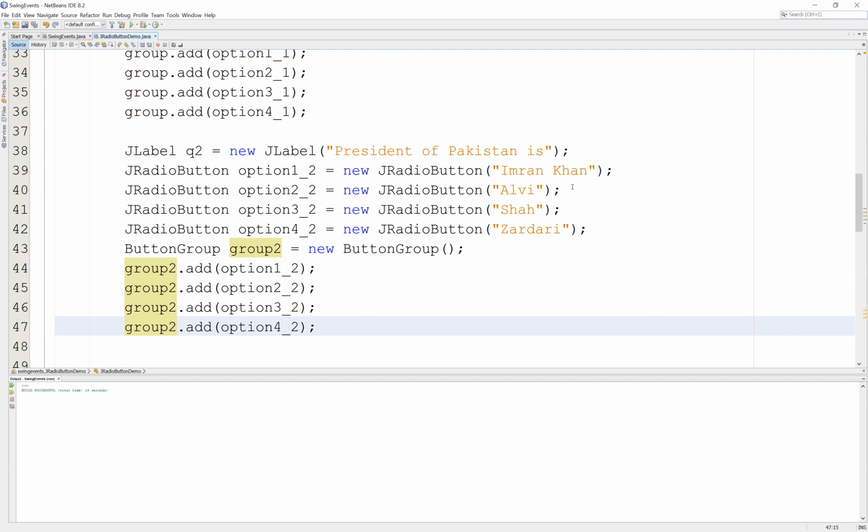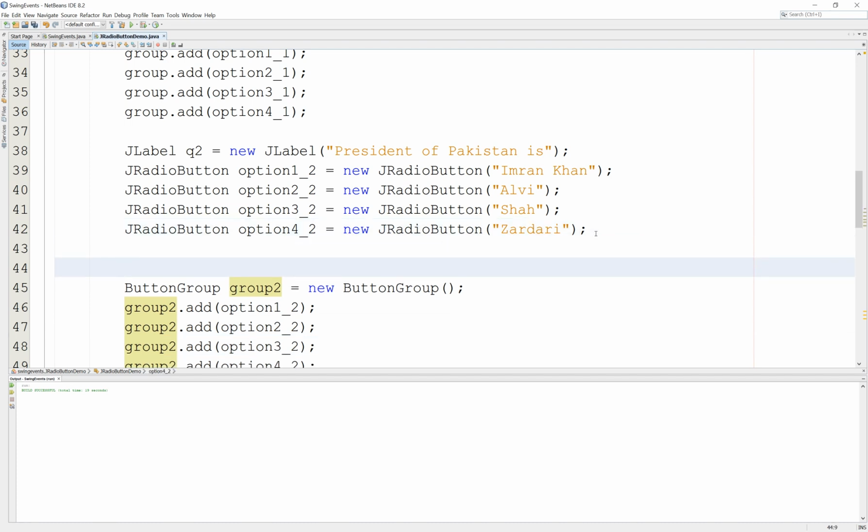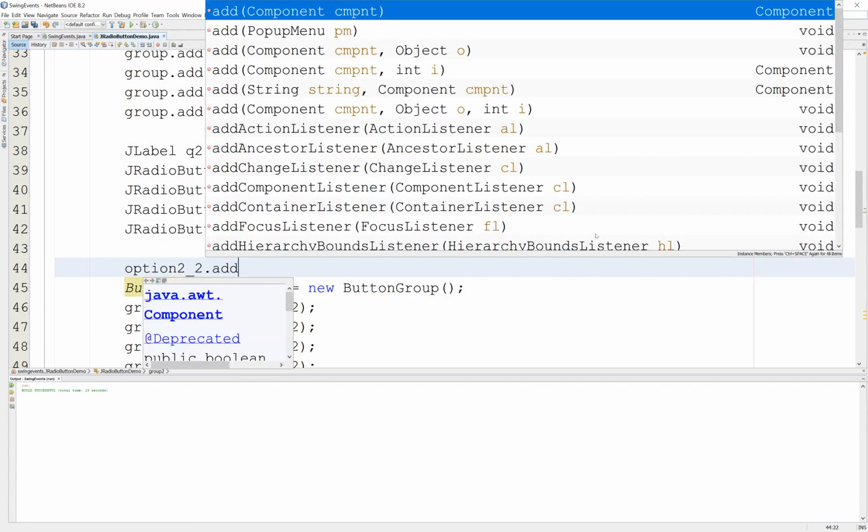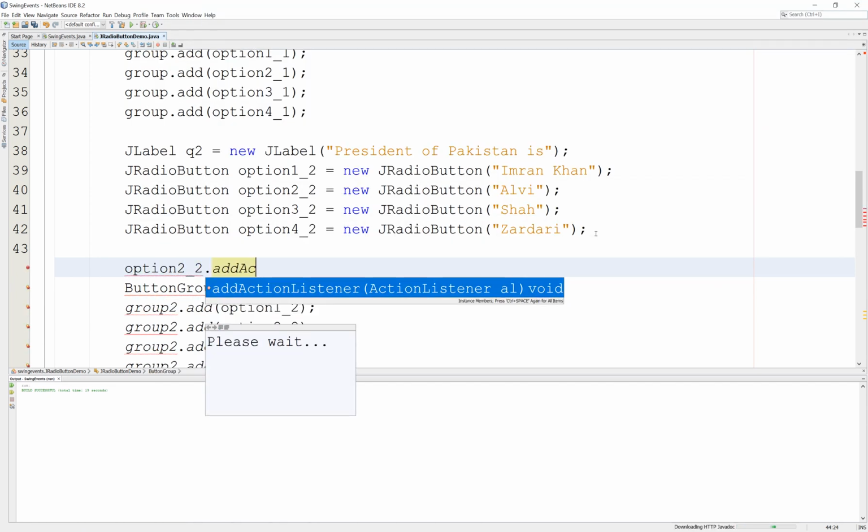So here I say option 2, you know, the correct option is Alvi. So I say option 2 underscore 2 dot add action listener